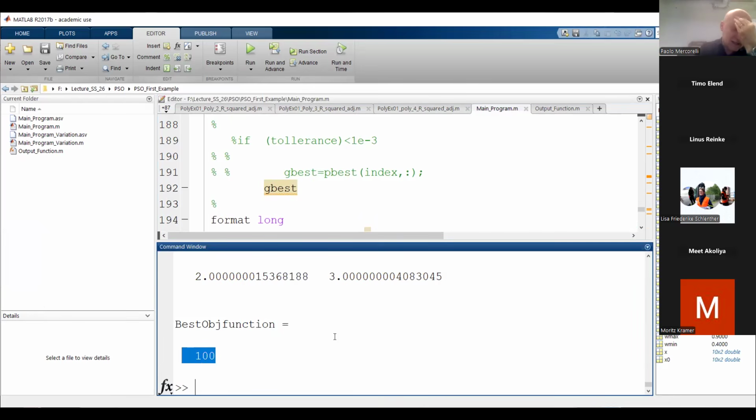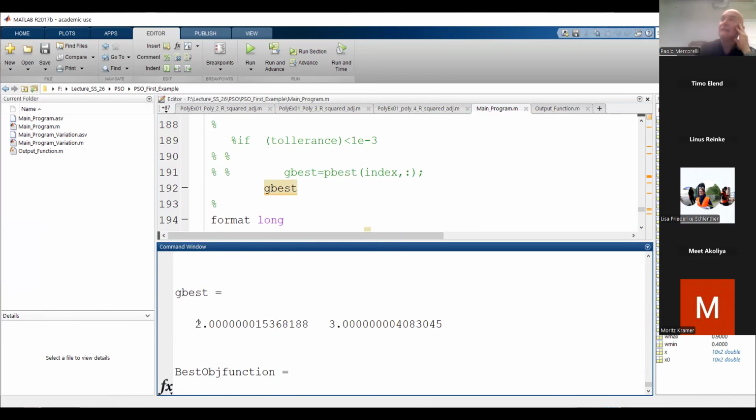As you remember, 100 is our minimum. Calculated. Oh, the PSO finds x1 equal to 2, but not exactly 2, and x2 equal to 3, but not exactly 3. The reason is numerical approximation. Not only connected with this numerical approximation, I have to say, you remember last time,